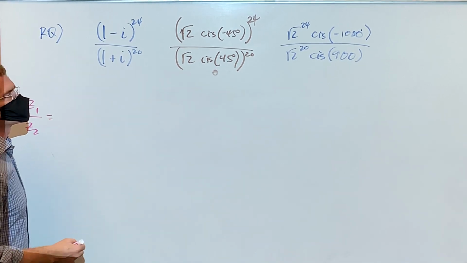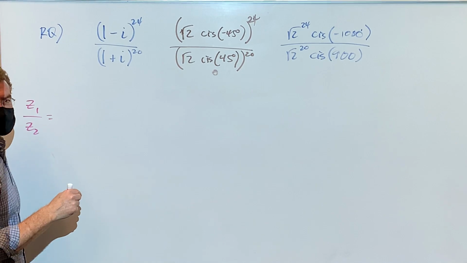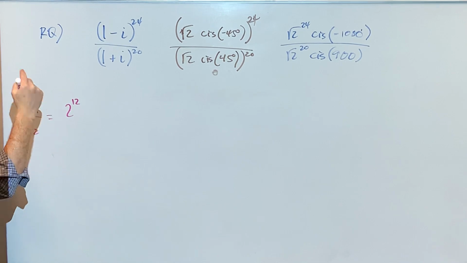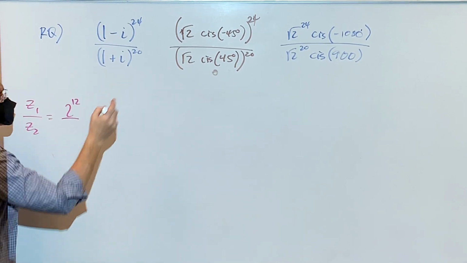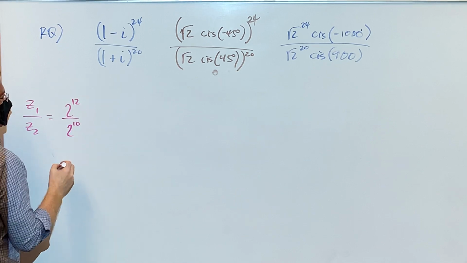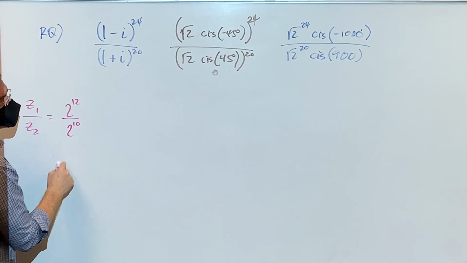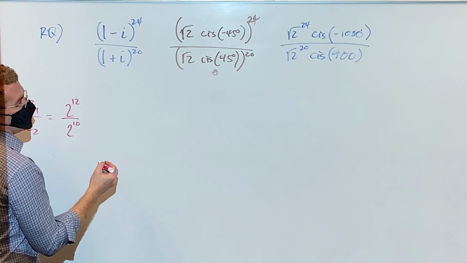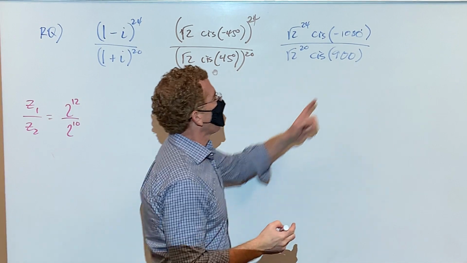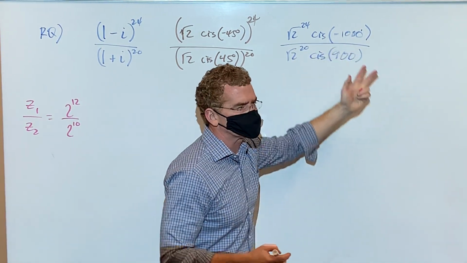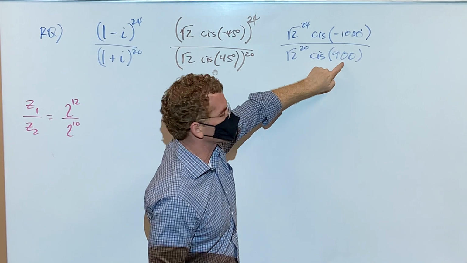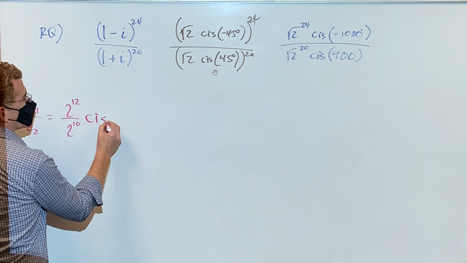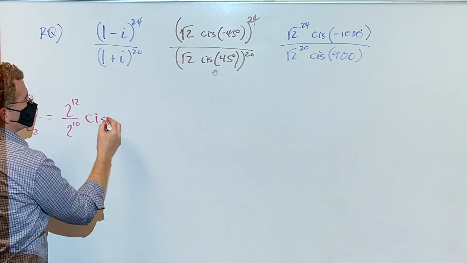So by the way, what is root 2 to the 24th the same as? 2 to the 12th. Why? Because root 2 is 2 to the half, power to power, boom. And then what is root 2 to the 20th the same as? So it says to divide the magnitudes and then do what? Subtract the angles. Now, one option you could do is make these positive first and add a bunch of 360s to make it positive. Subtract a bunch of 360s to make it smaller. You could do that, or you can just stick with your rule that says cis negative 1080 minus 900 is negative